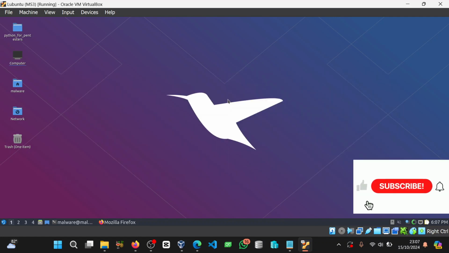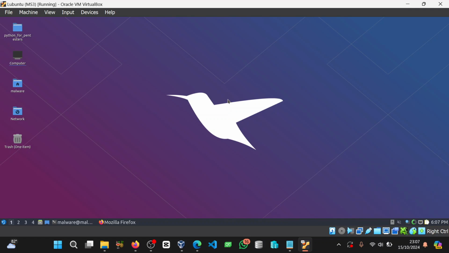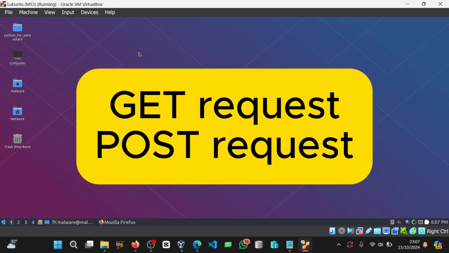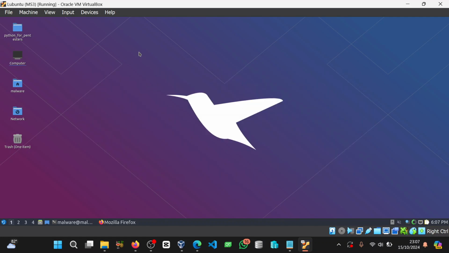So let's get started. Before we move on, I'm going to introduce you to the urllib.request library. So what is the urllib.request library? It is a module in Python that allows us to send HTTP requests and handle the responses. It is perfect for making, let's say, a GET or POST request and downloading web content, or even building small tools like web scrapers and banner grabbers. In a pentester's toolkit, these skills can be extremely useful for gathering information on target systems. Okay, let me show you a simple request being made using the